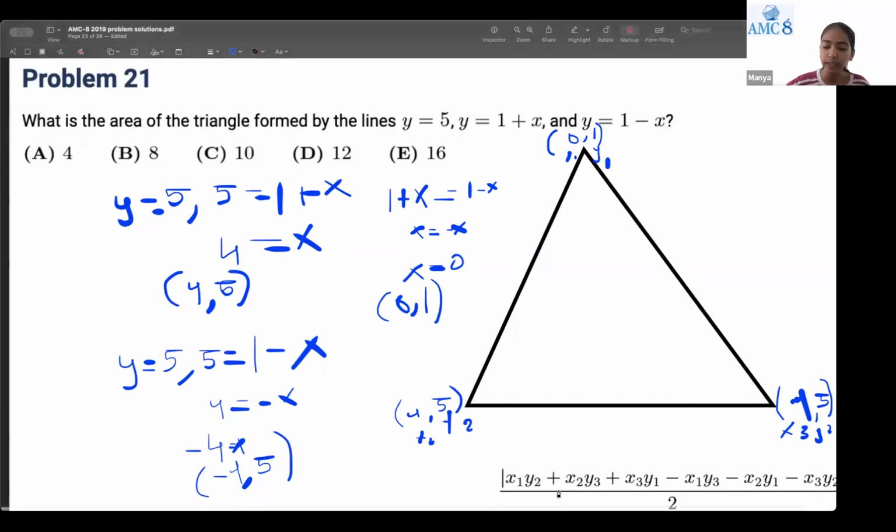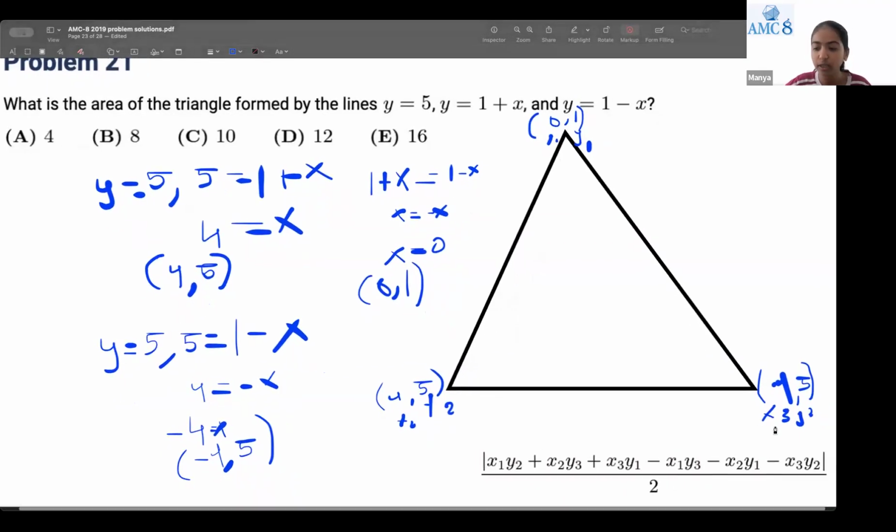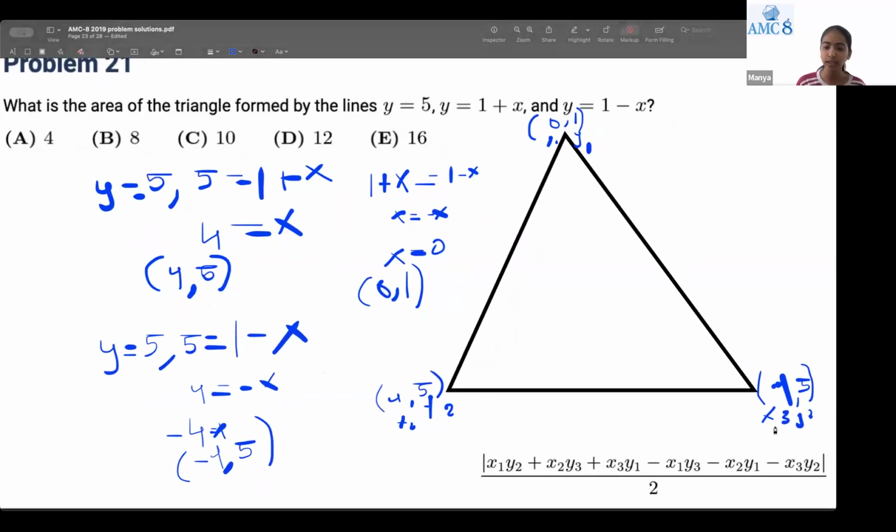So see this formula down here. This is called the shoelace theorem, which is a really hard way to do this. I think that this is not very efficient because this is the total formula. You'll have to substitute all of these values and it's going to take up a lot of time. I don't want to use this formula to solve this problem, but you can also substitute the